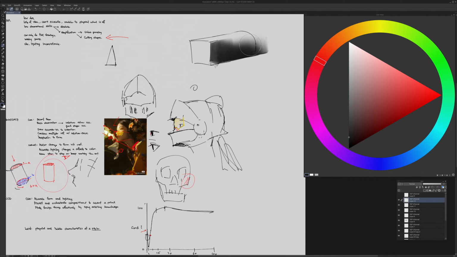The length I go to prove a point. The line itself is pointless at this point. So